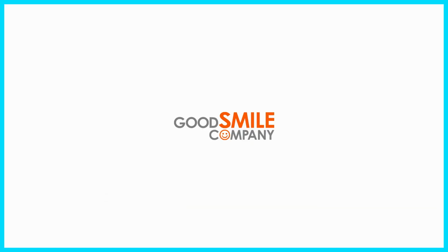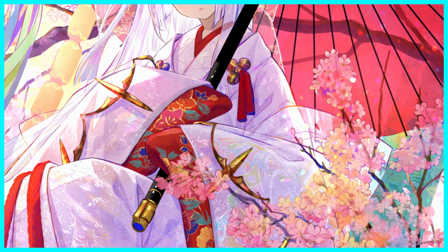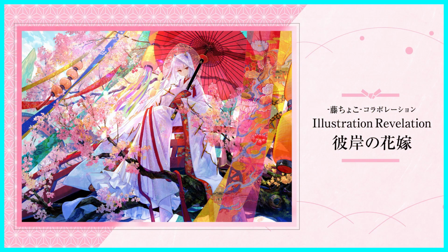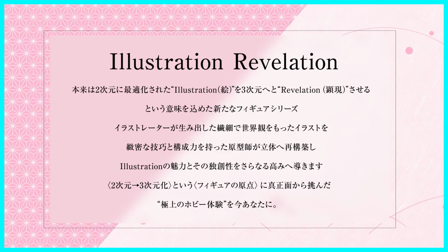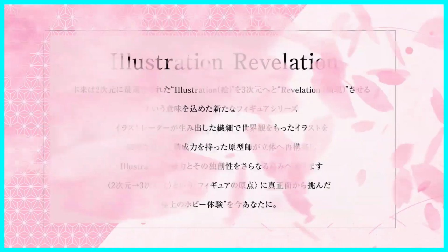While we have plenty of normal things to talk about, Good Smile has put up a handful of really expensive figures this time around. Not something they haven't done before, but I don't think we've ever had a month with this many high-priced figures, and one of them might be the most expensive figure they've ever released, though I'd have to fact-check that. But before we get into the expensive stuff, let's talk about things you might actually be able